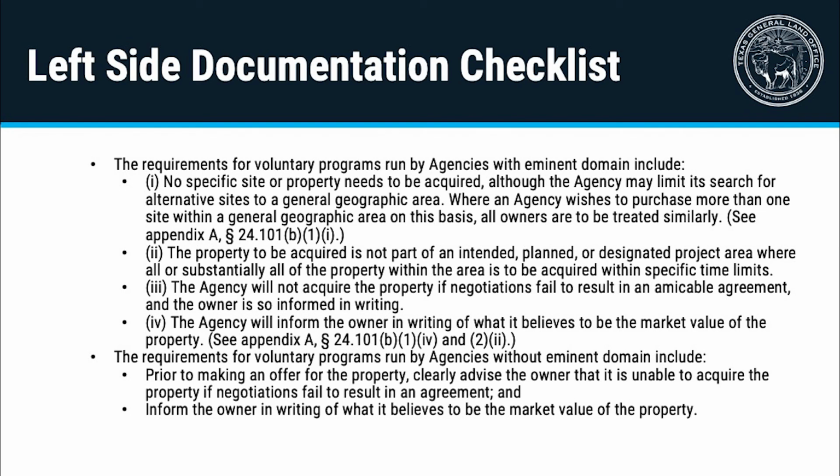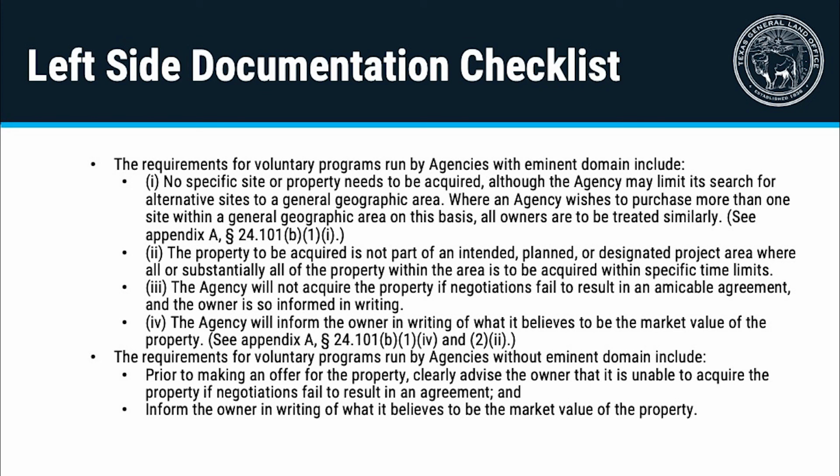24.101(b)(1)(i). The property to be acquired is not part of an intended, planned, or designated project area where all or substantially all of the property within the area is to be acquired within specific time limits. The agency will not acquire the property if negotiations fail to result in an amicable agreement and the owner is so informed in writing. The agency will inform the owner in writing of what it believes to be the market value of the property. See Appendix A,